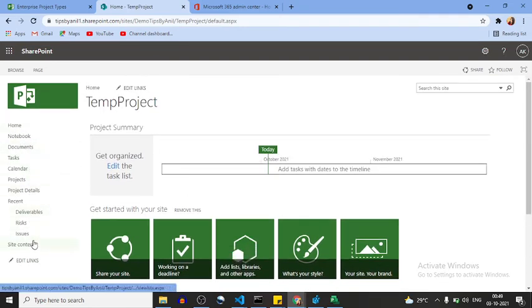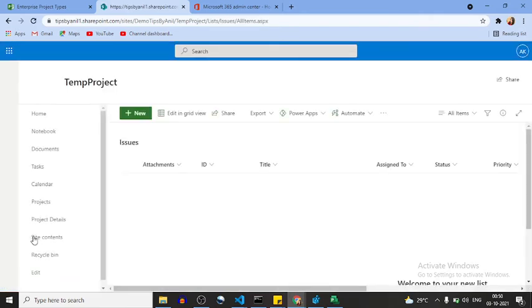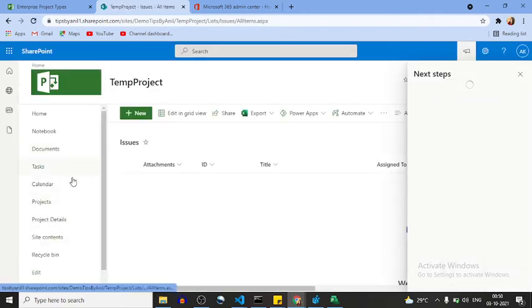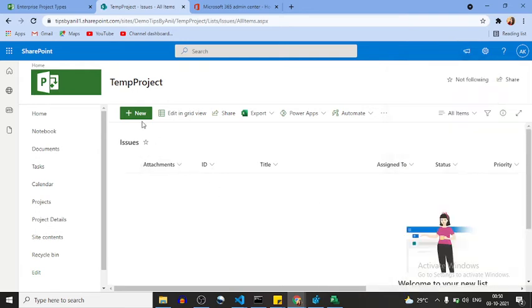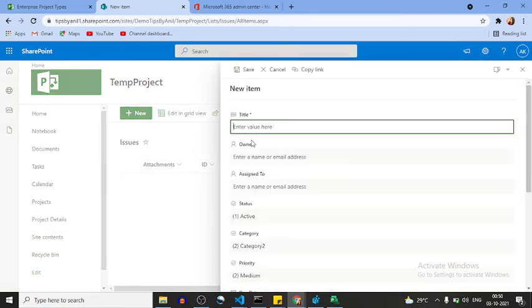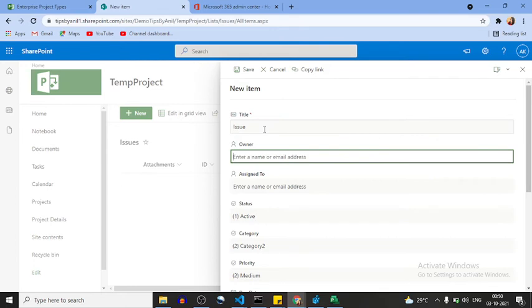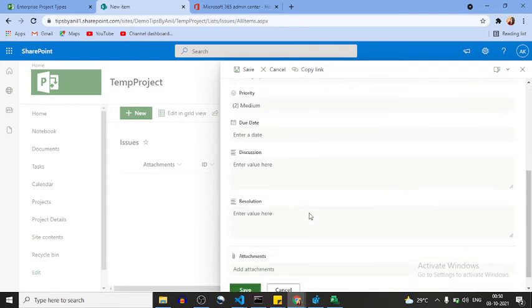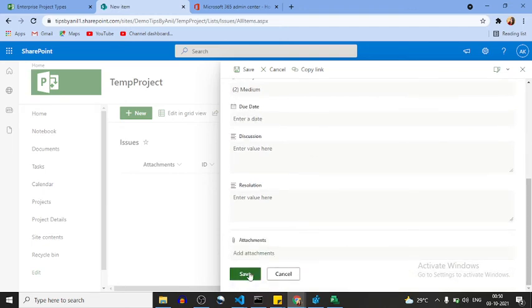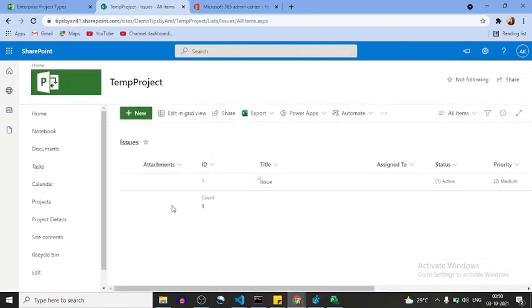Here the user can create issues, risks, deliverables, and all these things. If I say the title is issue 1, owner is tips by Anil, this is active, and you can put the value over here. Click on save. So this issue has been created.